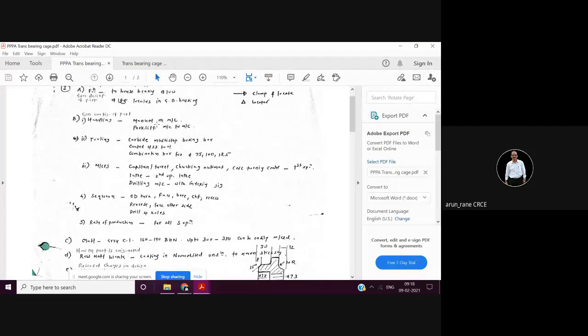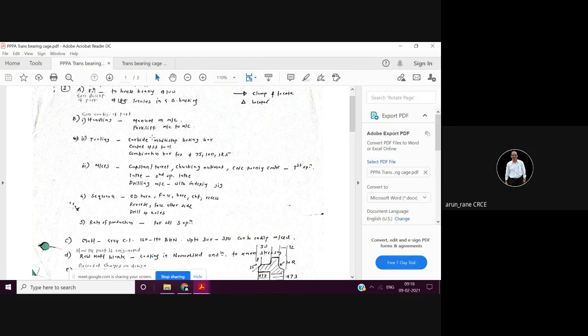So handling, here you have to write that, I will give you one solved assignment also, which will be helpful for you for writing the assignment. So handling manually on the machine, that is you can lift the component manually, hold the component in the right hand, and put it in a chuck, and then the chuck can be clamped by the left hand. Then from machine to machine or from machine to department, you can use a forklift. In the forklifts you can keep pallets. In the pallets you can keep bins, and in the bins you can keep 4 or 5 components. So like that it can be handled.